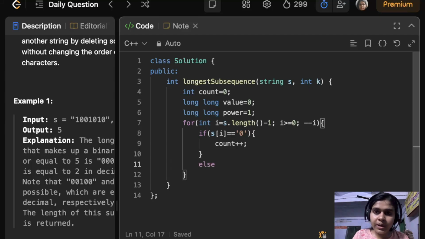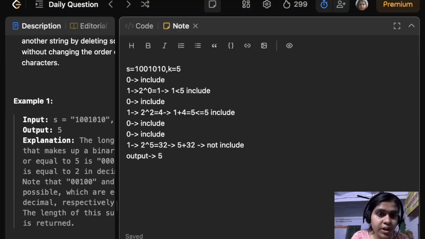So it will be like else if value plus power, so this was the value of the string, like here 1 was the value and 4 is the power. So we are adding the value and power and checking if it is lesser than or equals to k, then only we are incrementing our count, right?